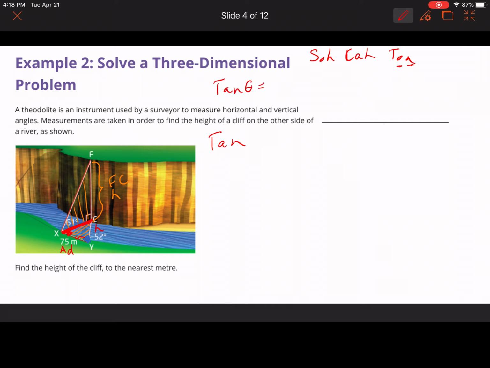Tan of any angle equals the opposite over the adjacent. So tan of 52 degrees equals the opposite over the adjacent, which is 75. To rearrange, we multiply both sides by 75 and plug that into the calculator, which gives us,